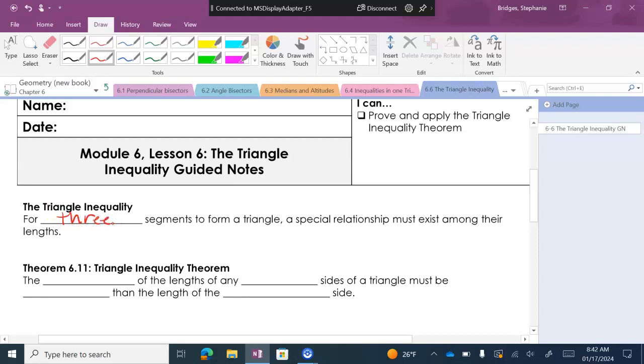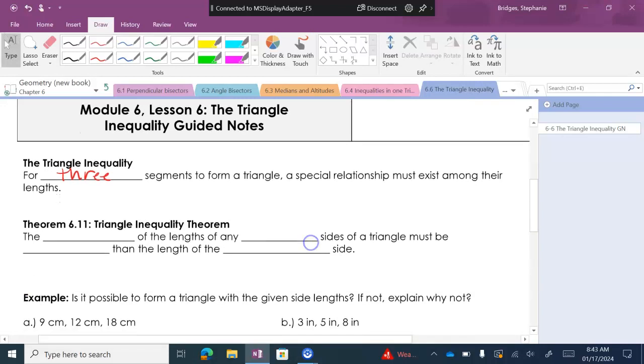to form a triangle, a special relationship must exist among their lengths. Okay? So in order for 3 segments to be able to join or to form a triangle, there has to be a special relationship between their lengths. All right? And what that means is,